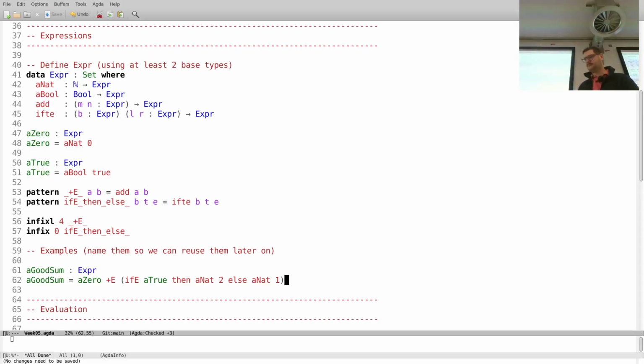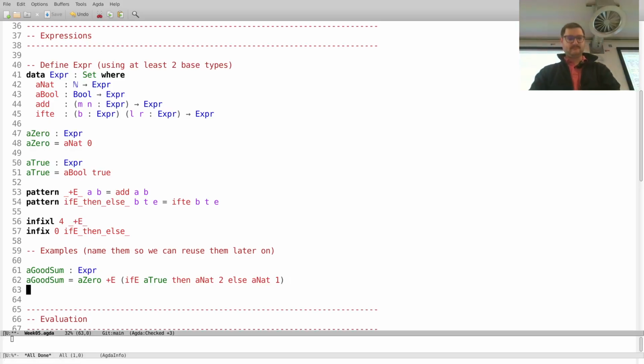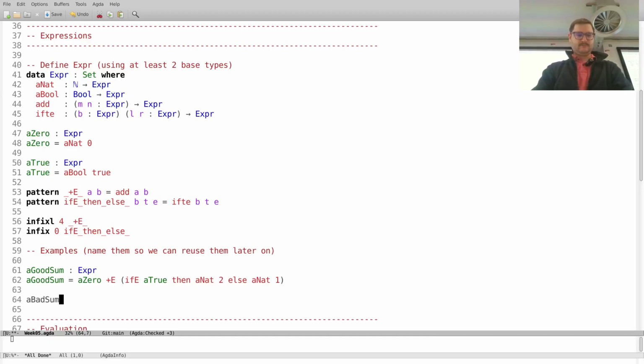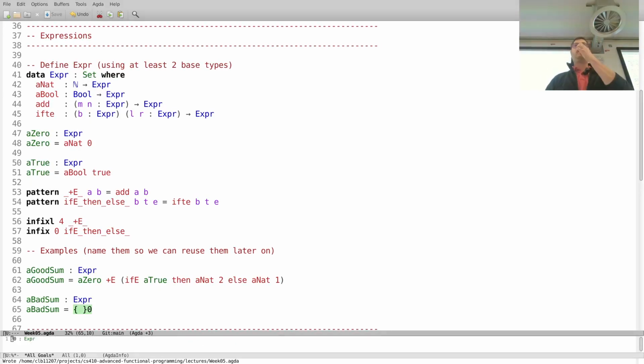Pregnant in the choice to call this a good sum is the question, what could possibly go wrong? So what would you call a bad sum? Yeah, exactly. So if you try to add a 0 plus a true,